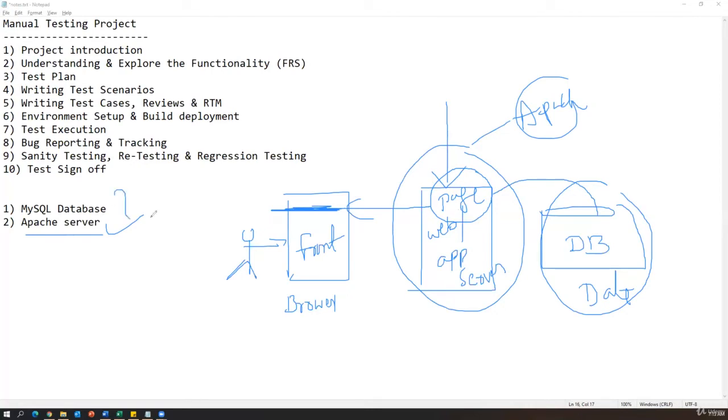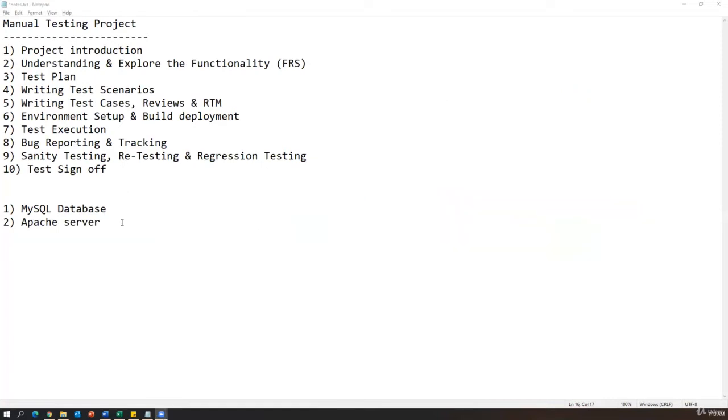So these are the two prerequisites we need to have to deploy this application. Okay. So what I will tell you is, instead of installing these two software separately, or deploying the web application even on an Apache server, which is also more technical. Instead of doing this more complex way,